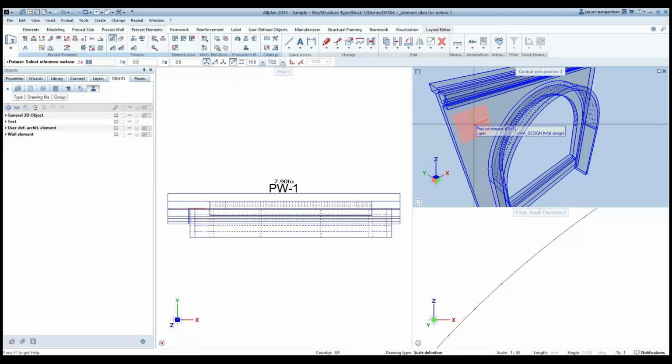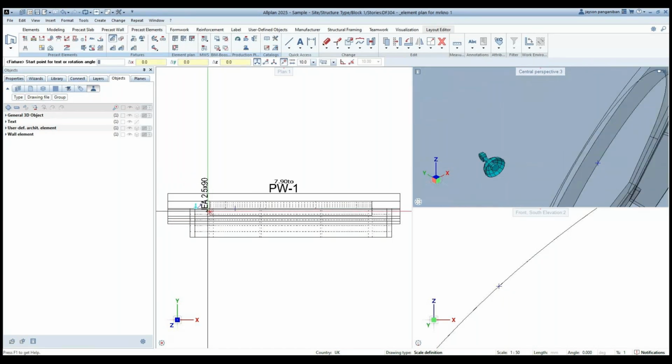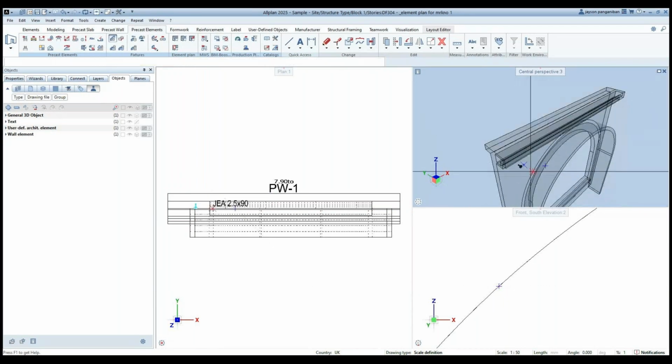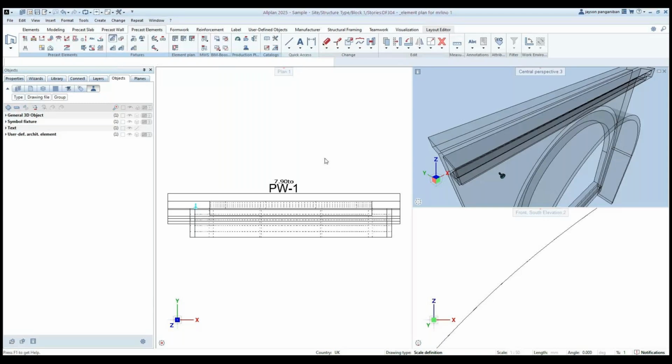So imagine you have different fixtures. I can just place it like this, as you can see here. So it gives you the orientation that we wanted to have. And then again, every time you're going to place a fixture, you need to define the